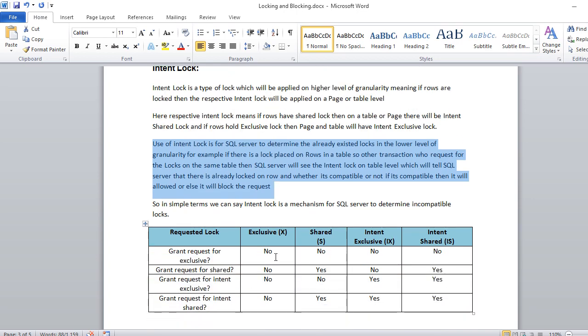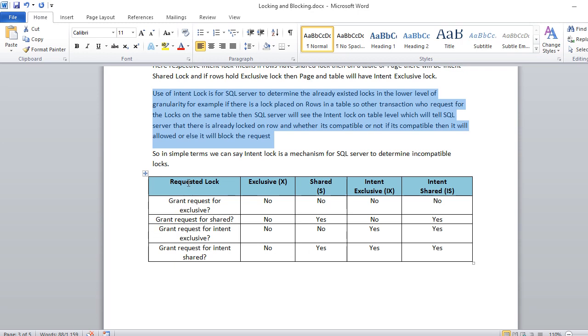So just see this table. These are already existing locks. Suppose we have an exclusive lock. If the request is coming for an exclusive lock, it is not compatible with the existing exclusive lock, so it will not be allowed. If the request is coming for an exclusive lock and there is already a shared lock, then that request will also not be allowed.